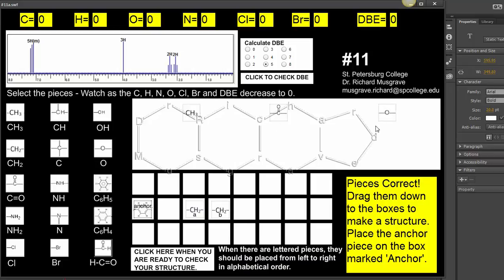Now we have to figure out where the rest of this goes. I know that the CH3 does not go here, because if it did, this CH2 would couple to the CH3 and this CH2. Also, this CH3 would not be a single peak like it is here. So we know that CH3 must be away from the CH2 groups. So the possibilities